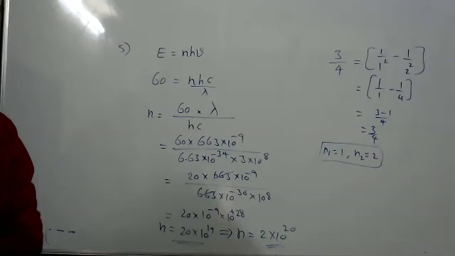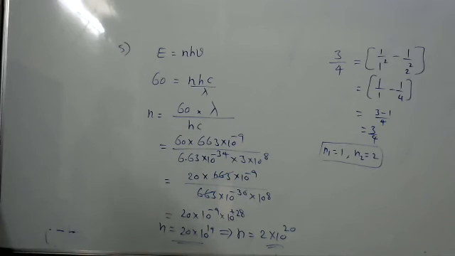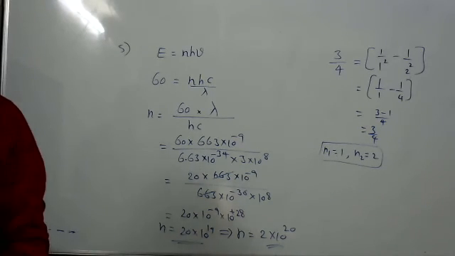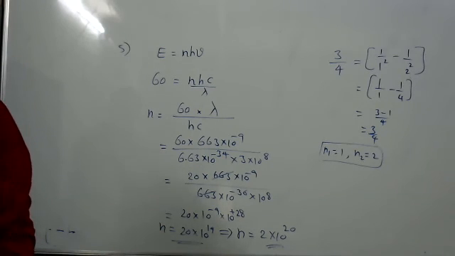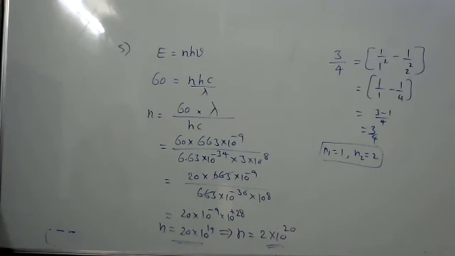Okay, next question to Aryan. Yes, sir. Question number 7. The work function for cesium atom is 1.9 electron volt. If the cesium element is irradiated with a wavelength of 500 nm, the velocity of the ejected photoelectron is.